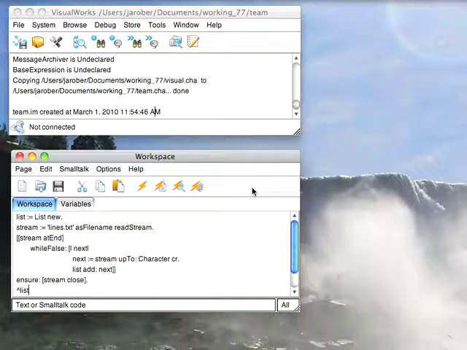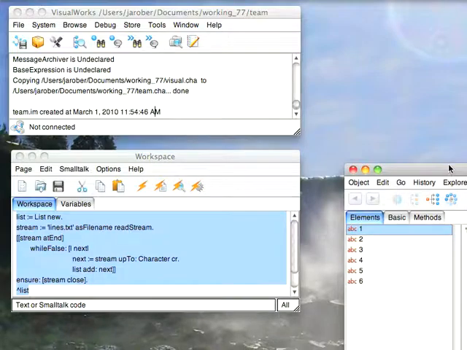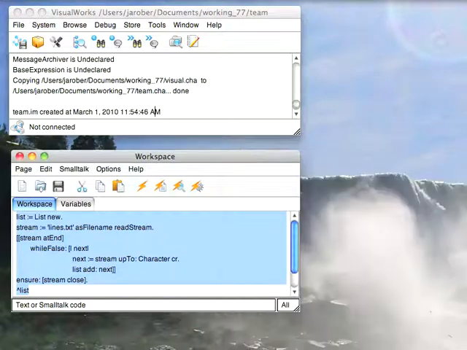This morning I wanted to go through a little bit of test-driven development using SUnitToo. And to do that I wanted to take the example of streaming and file reading that I was using last week, where I had this code where I'm taking a line-by-line file and reading it in and just returning a list of the lines. So we take this code that I ran last week and create a small